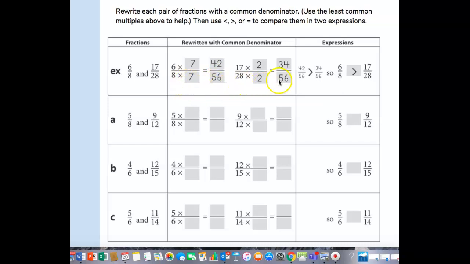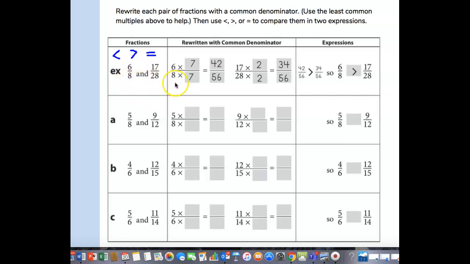Okay, oh, I see what they did. Okay. Oh, wait a minute. Rewrite each pair. Okay, they're comparing fractions. So you have to decide: is 6/8 less than, greater than, or equal to 17/28? Okay, so we found up there